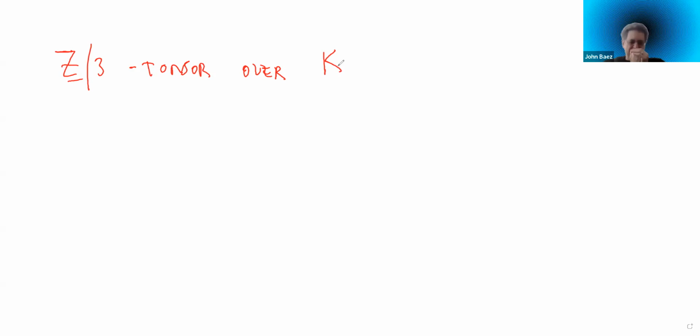So we're interested in Z mod 3 torsors over some number field K. We're going to start out with a choice of K, which makes the problem easier and therefore allows the discussion to be somewhat more lowbrow to begin with. And that choice is